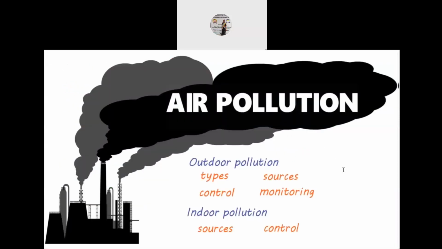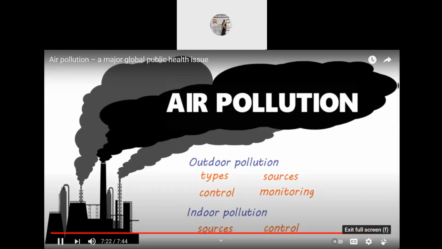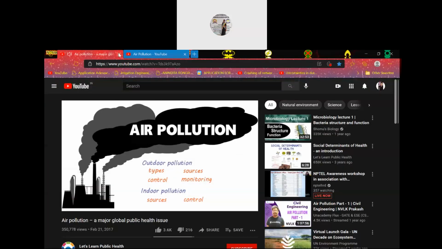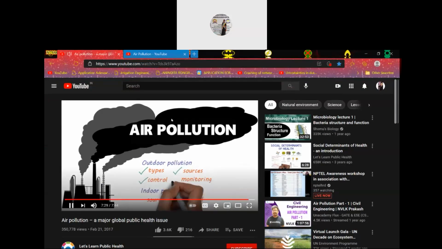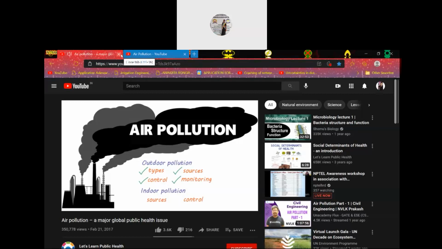So that's a look at air pollution, an important public health issue. We've had a look at outdoor air pollution, different types of pollutants and their sources, ways to reduce pollution, and how air quality is monitored. We've also talked